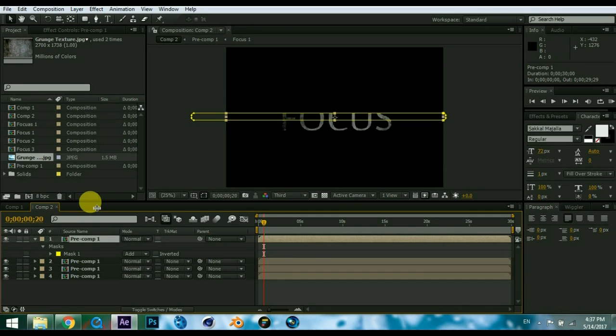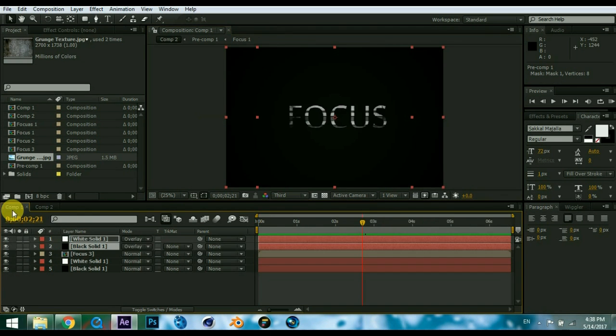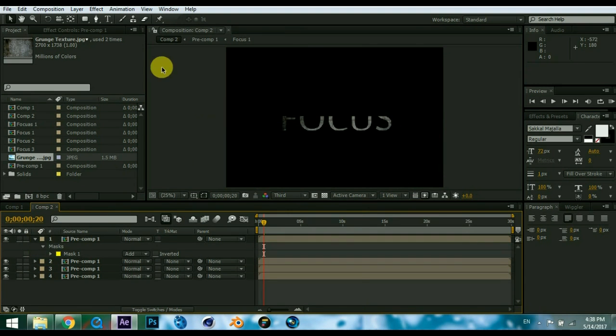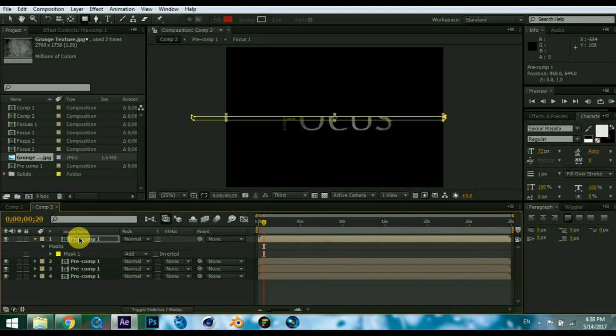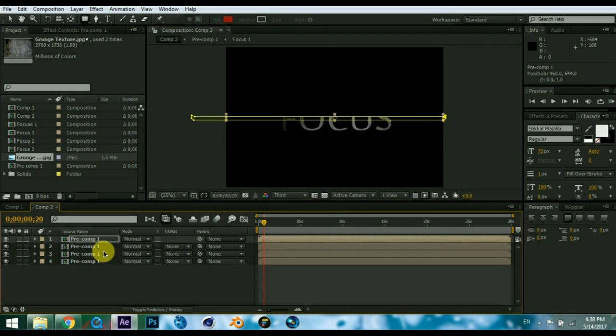Wait, what? So let's try to make it smaller. Here we go. Alright, and now I think it's right there, of course. Yep. And now let's duplicate it